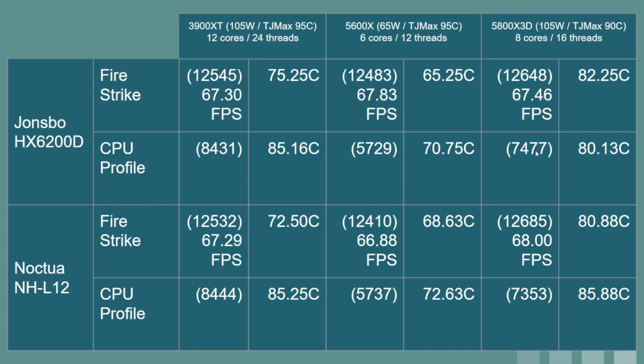There is also one anomaly, I guess, in all of this testing. Normally you see a pattern where Firestrike would run and then the CPU profile was warmer because you're focusing on the CPU. Same type of pattern every single other place, but for some odd reason, the Jonsbo and the 5800 X3D, could be just because of the way, I don't know, maybe something was first set up, who knows. It actually ran a bit hotter, and this was during this Firestrike, which is kind of your gaming emulation,